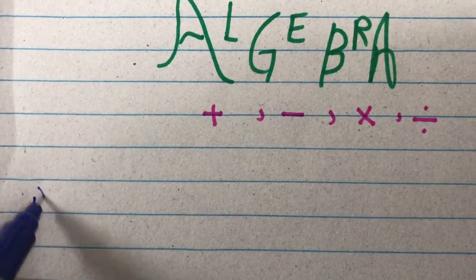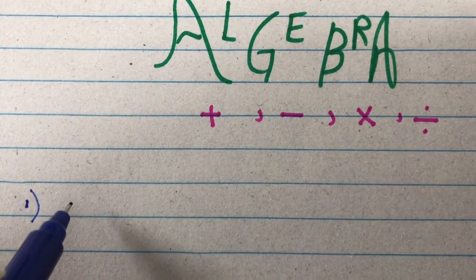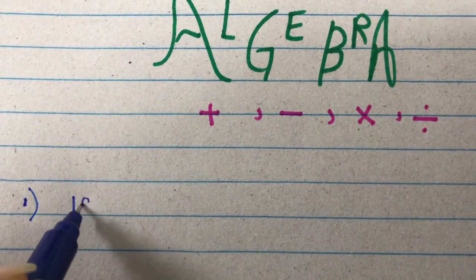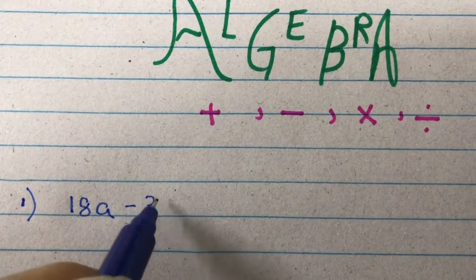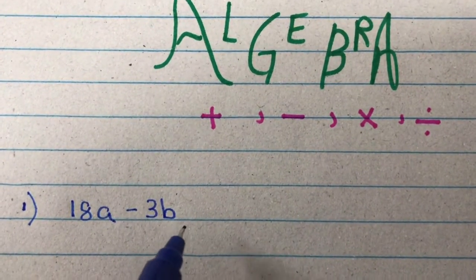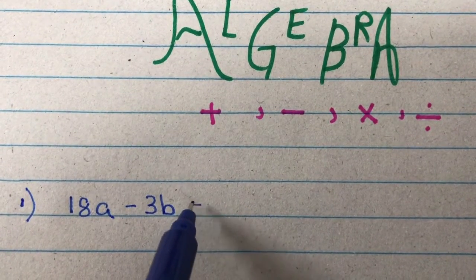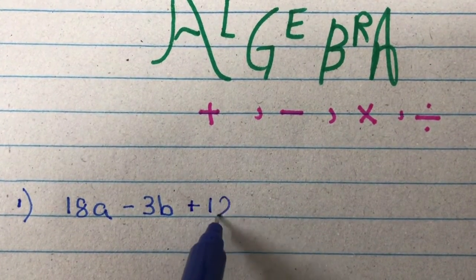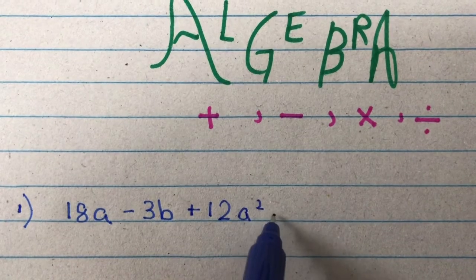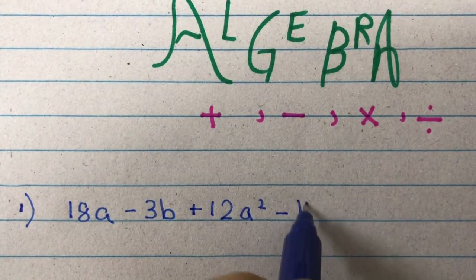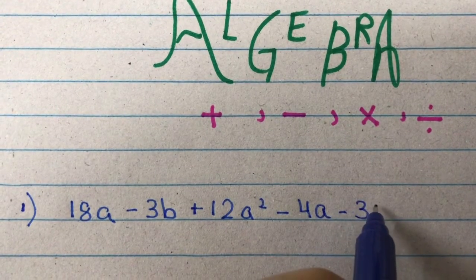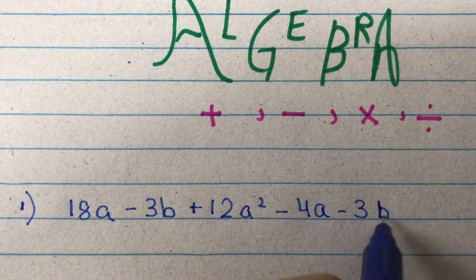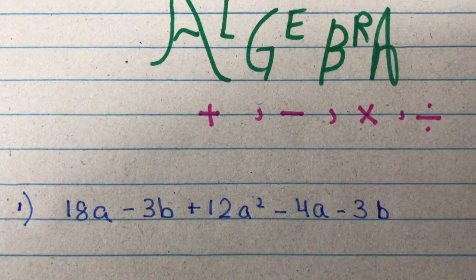Now, for example, the first question is 18a minus 3b. Here I'm just putting addition and subtraction. Okay, 12a squared minus 4a minus 3b. All right, now here,